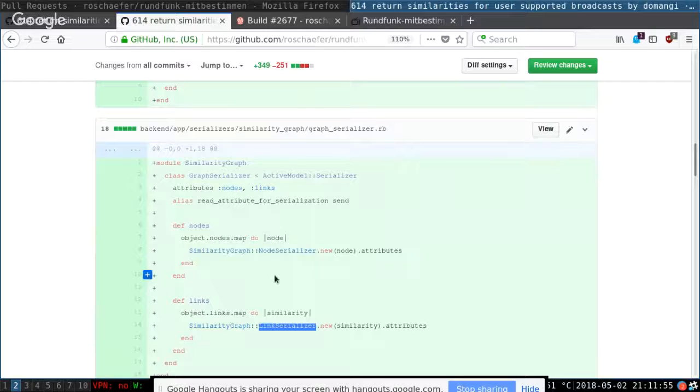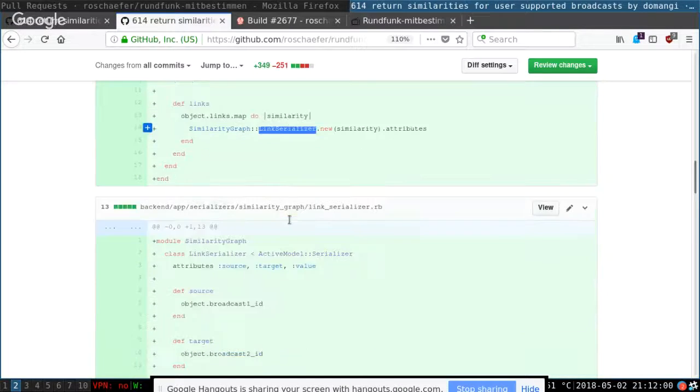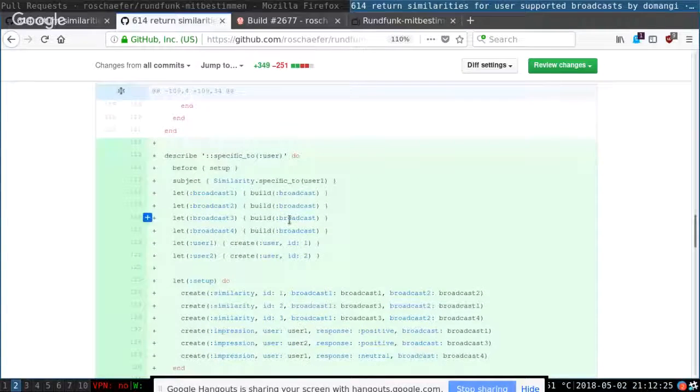And we have two different serializers for nodes and links. Yes, I had to create these three serializers. The graph serializer has inside two different serializers, because I didn't know how to set in the controller two different serializers for the same render action. I don't know if it's even possible to define two different.